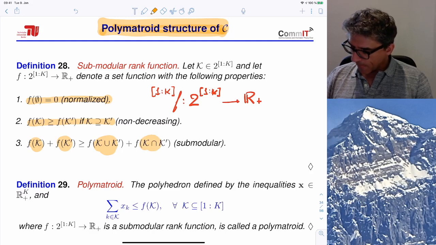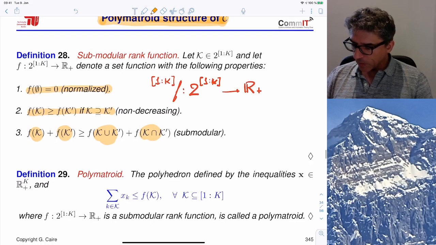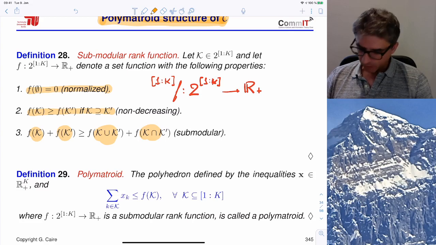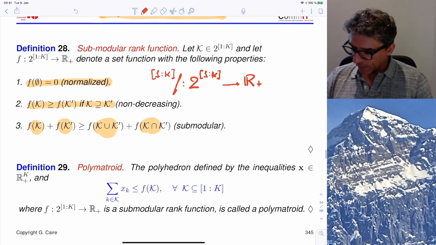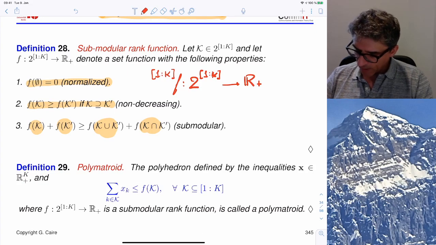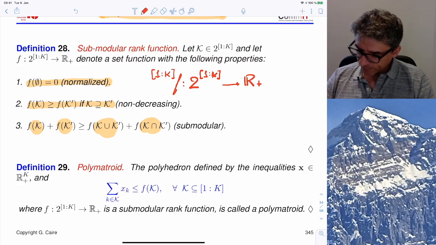So submodularity is a sort of law of diminishing returns. It can also be expressed equivalently in an alternative way. If I have,